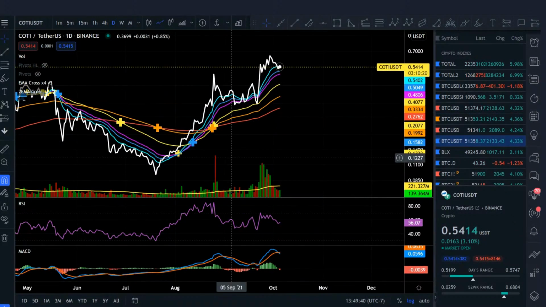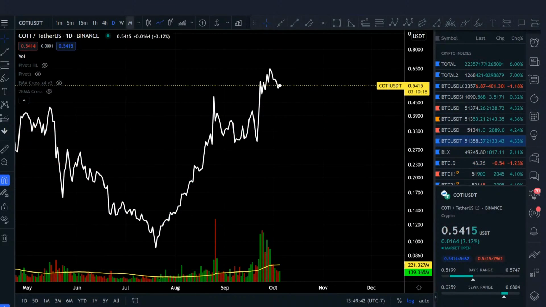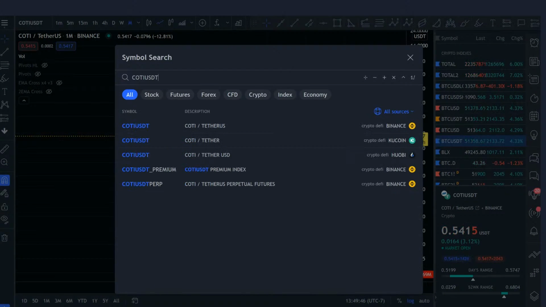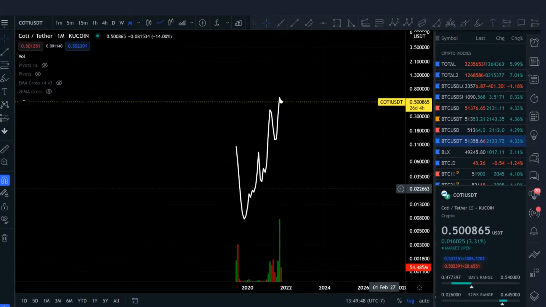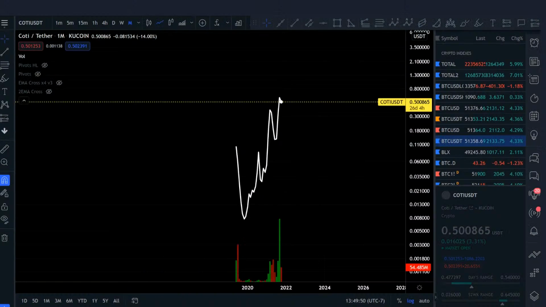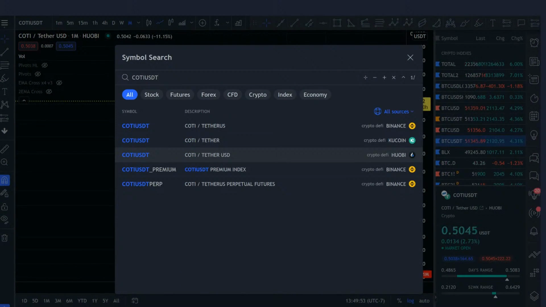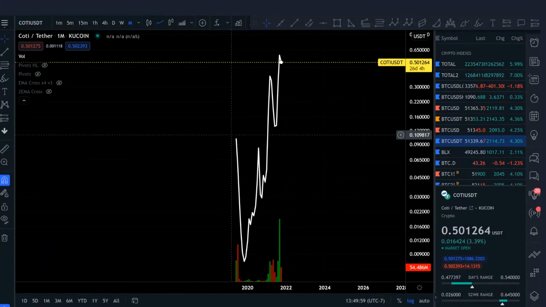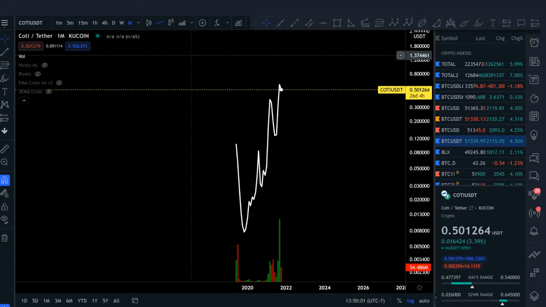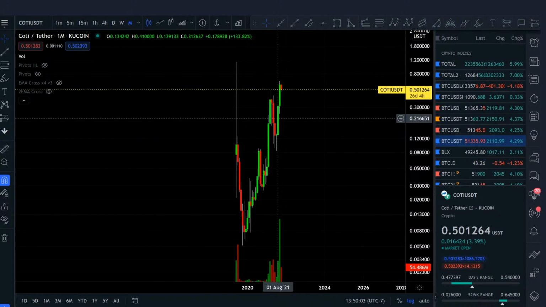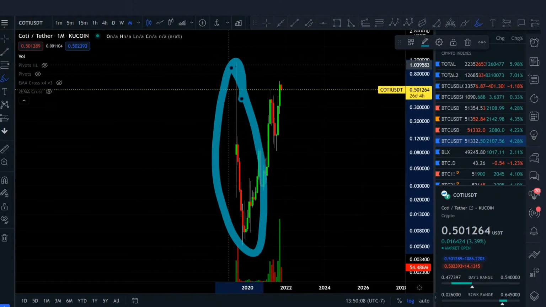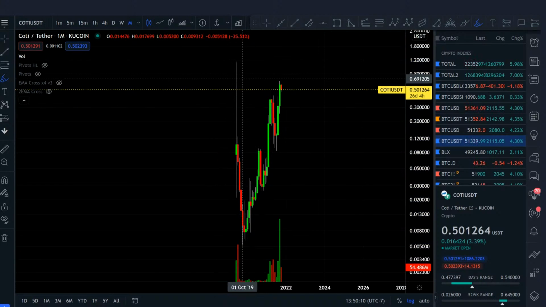COTI. Right. First thing I would do is zoom out first on COTI. Very first thing is just check other charts to make sure you have the best data. So I'll just use a Binance chart, but the KuCoin chart actually has more data. So let's use KuCoin because it has more data. This is important. If you're missing this left side, it's harder to do TA because